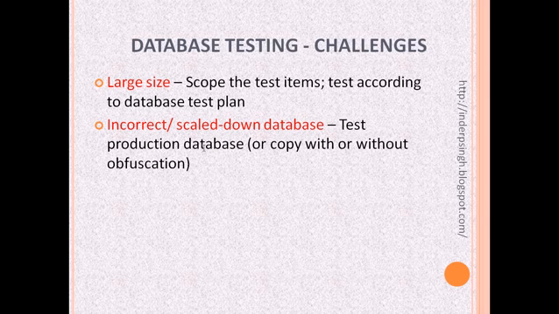Sometimes it is not permissible to test the copy of the production database because the production database may contain sensitive information like financial information or health records, etc. So what many organizations do is that they take a copy of the production database, but they hide the sensitive information. For example, if there are credit card numbers in that database, obviously you don't want to expose yourself to people's credit cards.